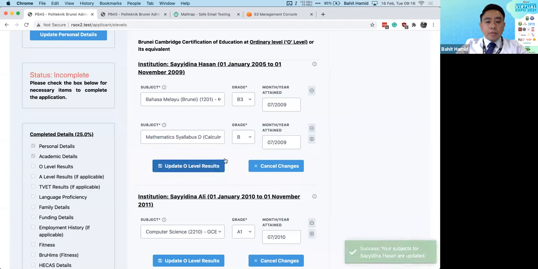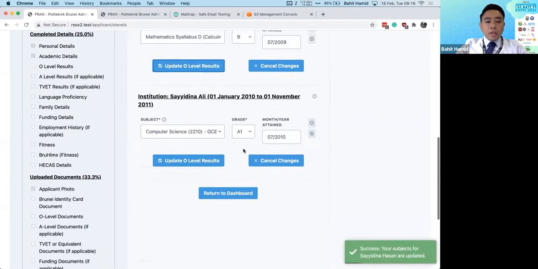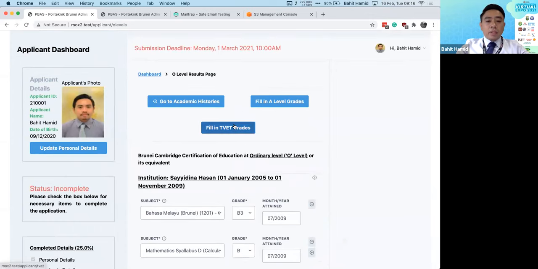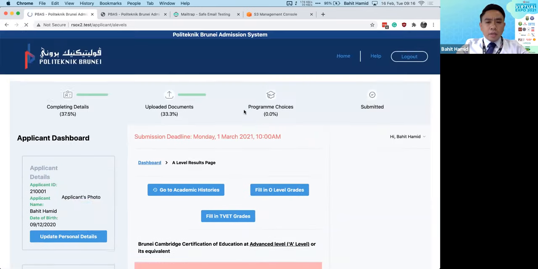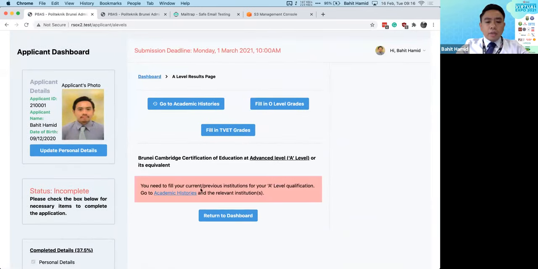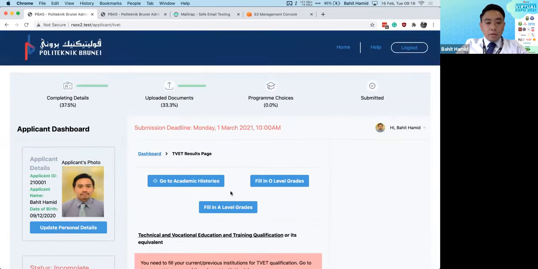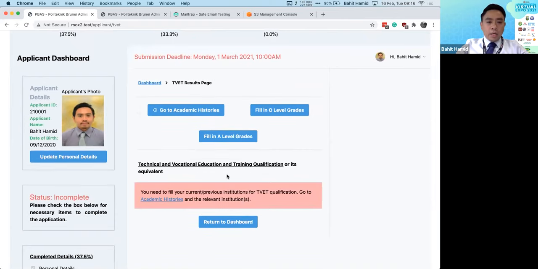July. Okay, save. So that's how you enter your O levels and A level. The same thing with A levels and TVET. If you have a history for that, since I didn't enter that, I should see an error over here stating that I have not filled in the academic history. So it doesn't make sense if you can enter A levels because you don't have any previous history from any A level institution. So same for TVET or IBTE or any similar